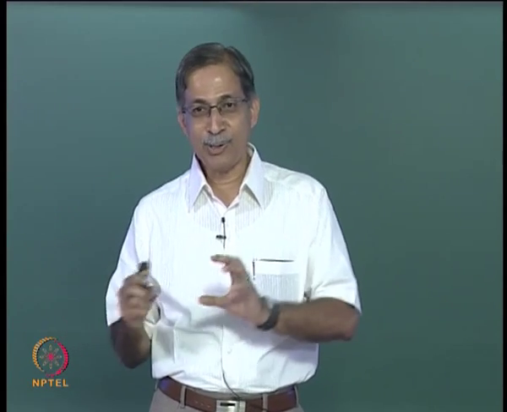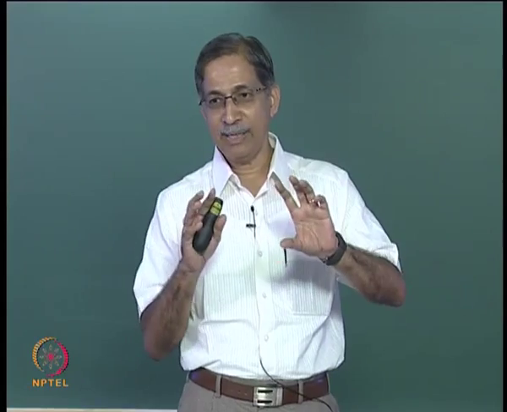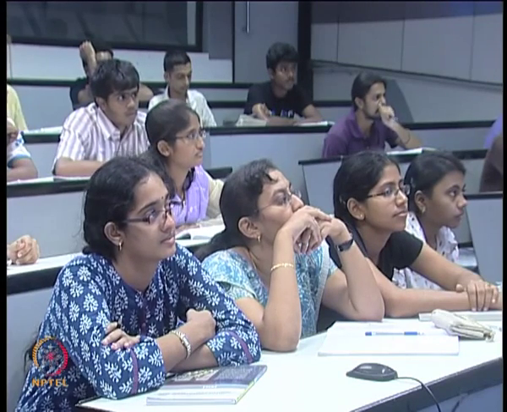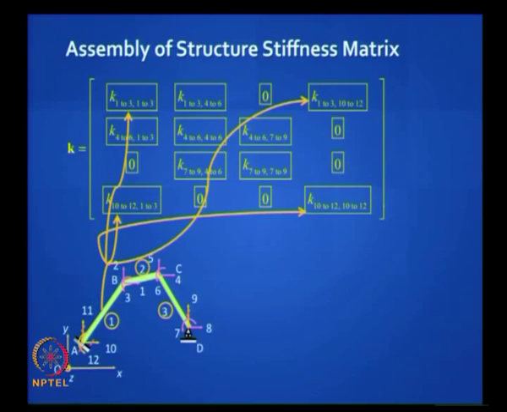It's 12 by 12, and we have these small 3 6 by 6 matrices which we can again partition into 3 by 3, 3 by 3, 3 by 3, 3 by 3, and we need to put the right 3 by 3 box in the right slot. So all you have to look at is connectivity. Now let me help you. Take the first element. The first element is connected to nodes 10, 11, 12 and 1, 2, 3.